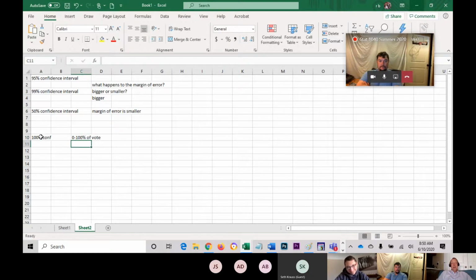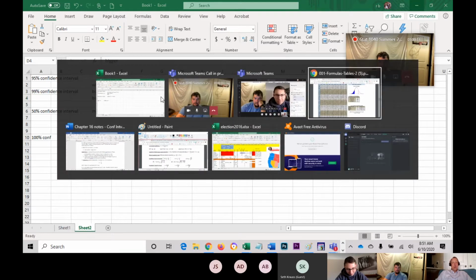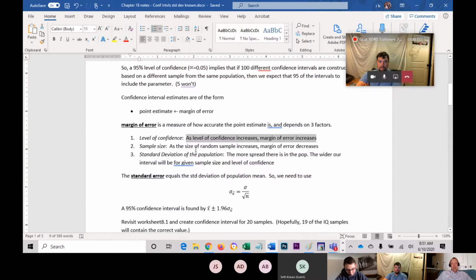Okay. What I've done, if I want to be super confident, just make your margin of error really big, and then you won't be wrong. Because prove me wrong that Hillary will not get between 0 and 100%. So that's one way to think about it. As you increase your confidence, just increase your margin of error, and then you'll never be wrong. All right. So anyway, as we talk about margin of error,